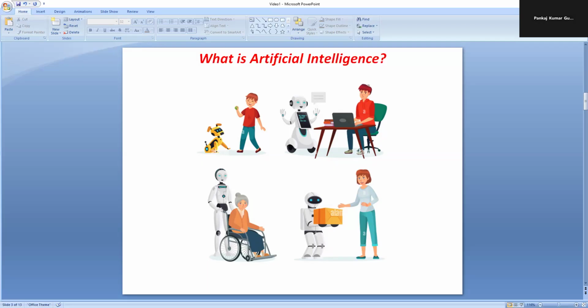AI allows a computer to learn from data, recognize patterns and make decisions like a human. Okay. AI is not a human brain. Just remember that it is software designed to imitate or mimic human thinking. So AI is not a human brain. We just design software which will do the learning, similar to the human brain, or whose learning process is similar to the human brain.